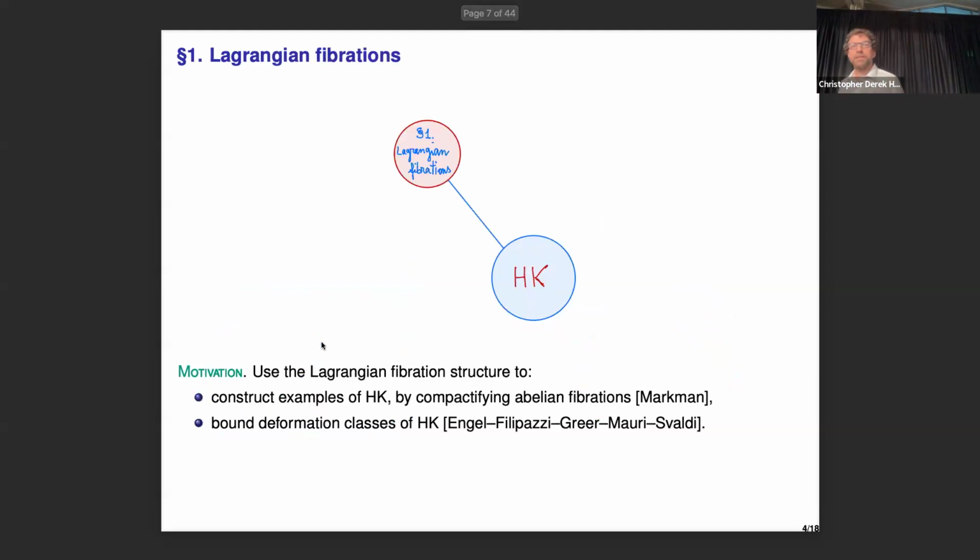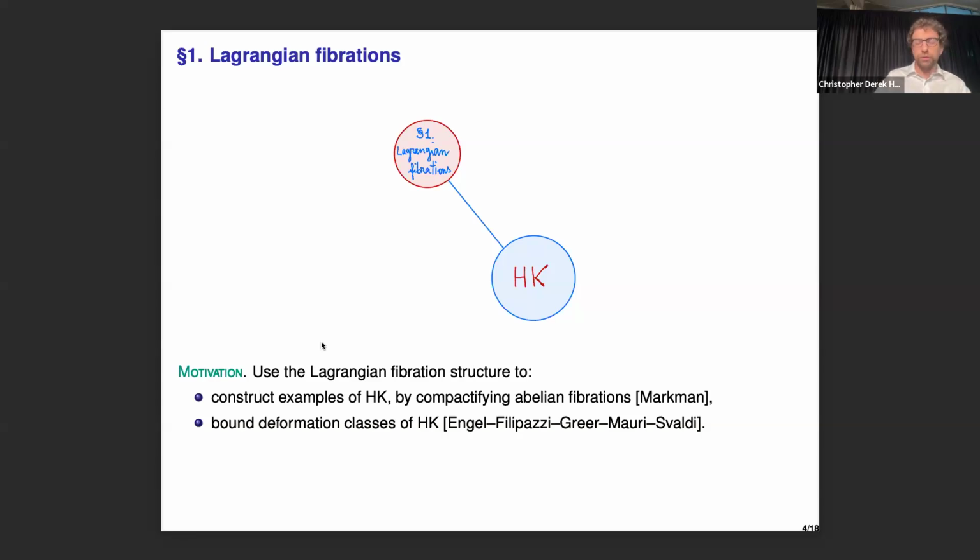So let's start with the first piece. So I want to talk about, so what is a hyper-Kähler in some sense? Hyper-Kähler is a dynamical system in mathematical physics. And so what I'm looking for in an analytical system are so-called integrable systems, which are the ones which have a lot of integrals of motion. Okay, in the algebraic geometry language, it is a Lagrangian fibration. So before defining them and saying what the main conjecture is, let me give a few motivations.